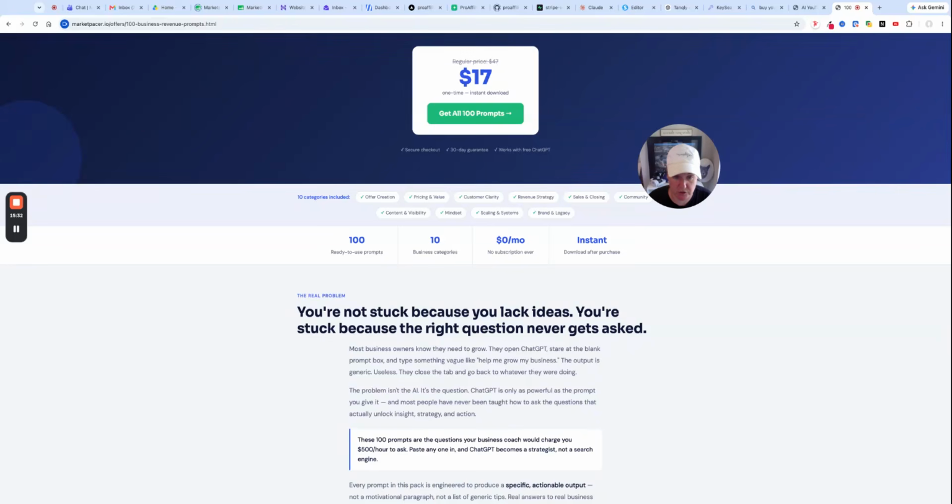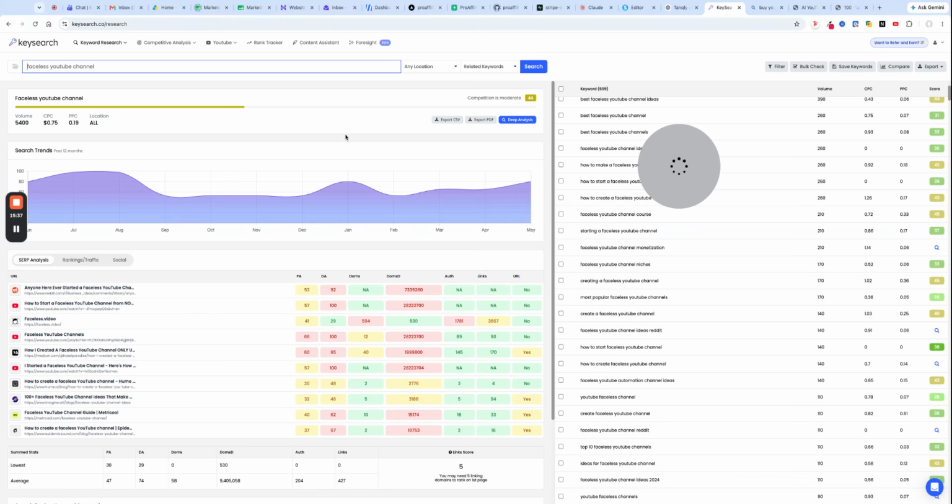If you have a small budget, you can run Google or Bing ads, but I would do some research on keywords first. I would actually probably use AI for free, but I've used this keyword tool for so long that I have my account. So I come in here and this is pulling data from search volume and pulls it all into this place and gives me a competitor score and all that good stuff, so that I kind of know what keywords I want to go after. Do I want to run ad campaigns to bid on these keywords so that I can send them to the product or get the lead, etc.? So these are just different things you have to weigh.